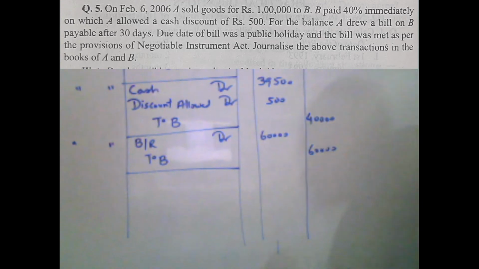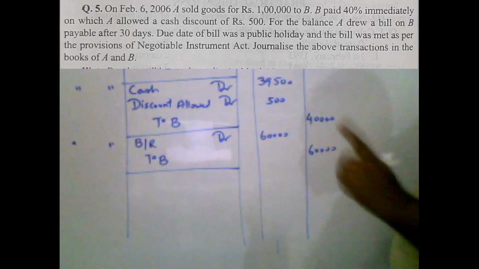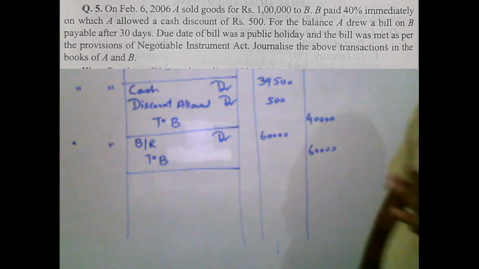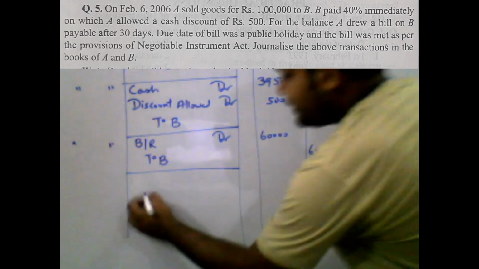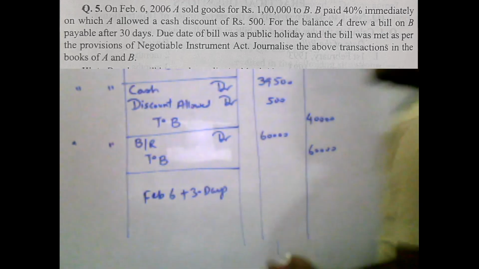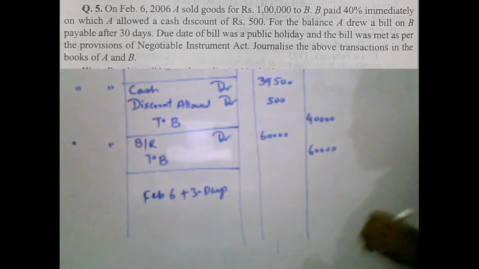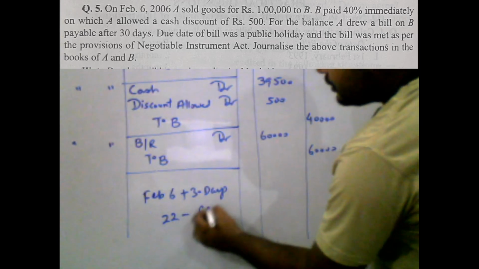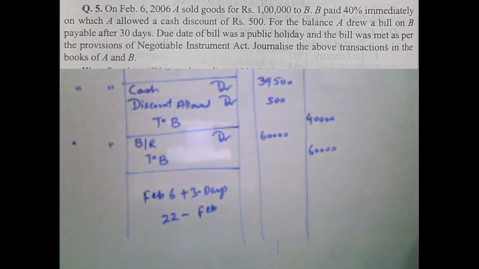And the due date of the bill was a public holiday. So what is the due date of the bill? So first let us concentrate on that. The due date of the bill will be February 6, 2006, and 2006 is not a leap year. You know very well, if you add 30 days to February 6, how many days will it be? First, February has 28 days, so 22 days are in February, because if we add 22 days to February 6, it becomes 28 February,